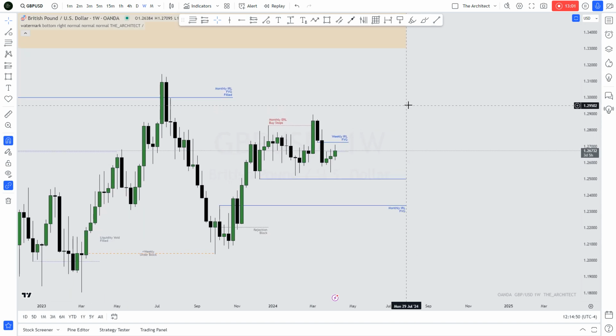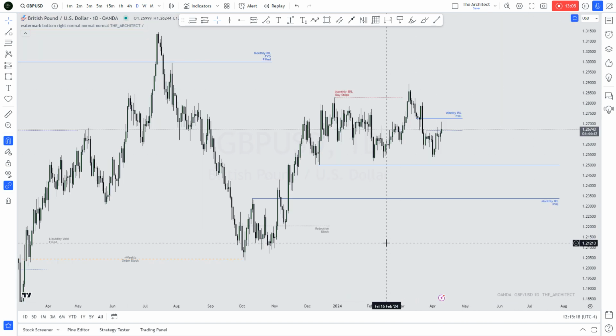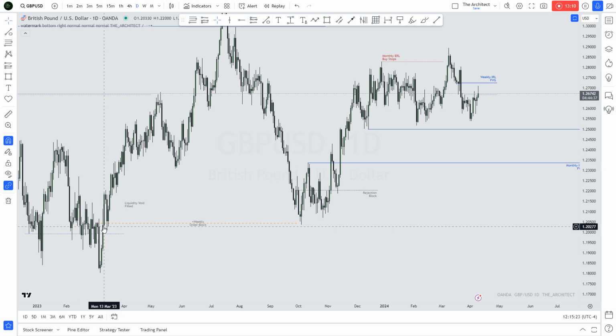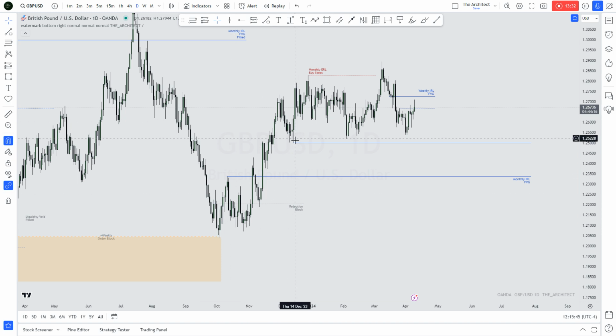So let's go down into our daily time frame, right? Okay, cool. So on the daily time frame, we're coming off of that weekly order block. Can you see on the daily time frame, it's this massive order block. So we reach into that massive daily order block, right? This point over here, we hit the order block. Price gives you a market structure shift. This is that rejection block. We get a market structure shift over there. Price is rejecting the low, signaling a bullish movement of price, right?